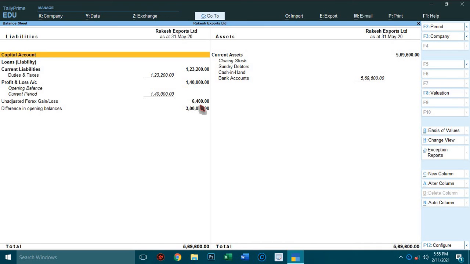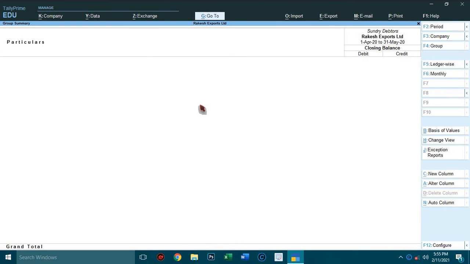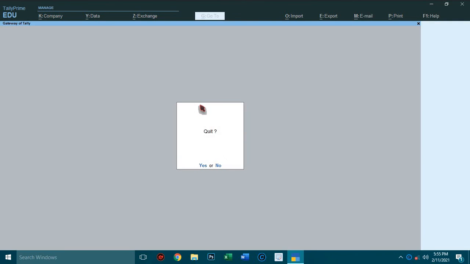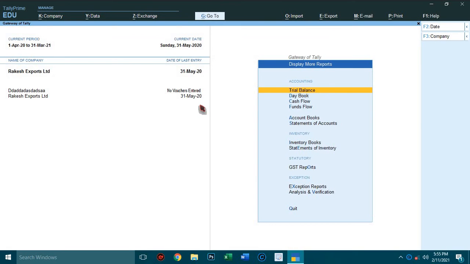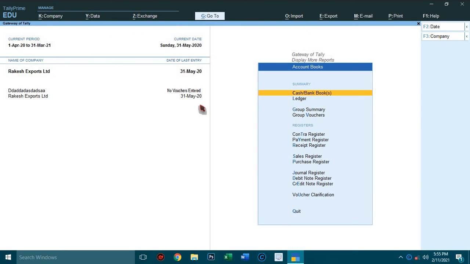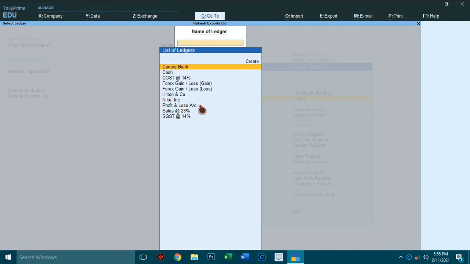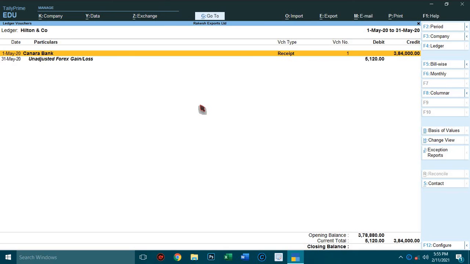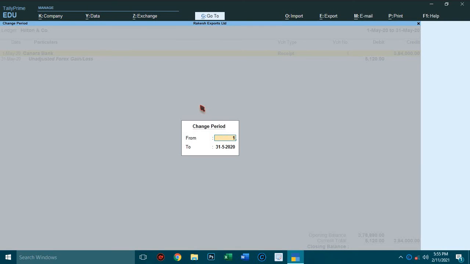So check it in customer ledger. Sundry debtors, it's already over. Display more reports, accounts book, ledger. Select Hilton and Company. Change the period by pressing Alt F2. So from date 1st April to date 31st May.